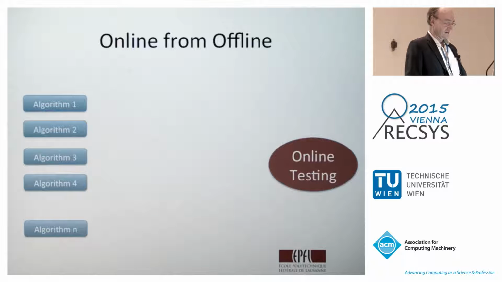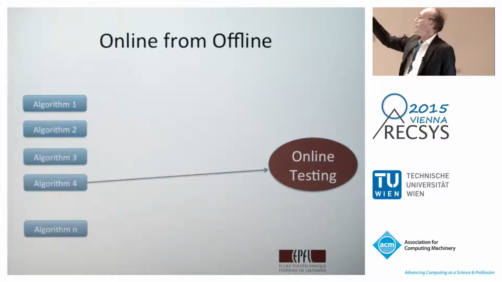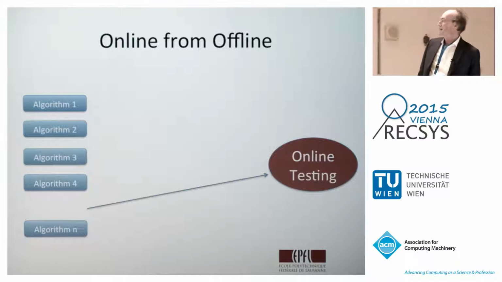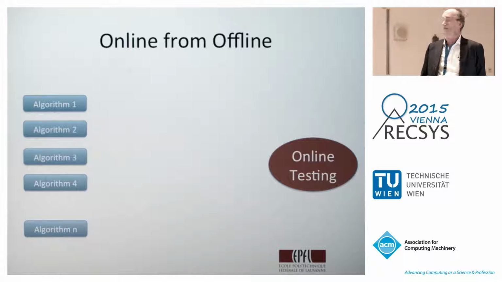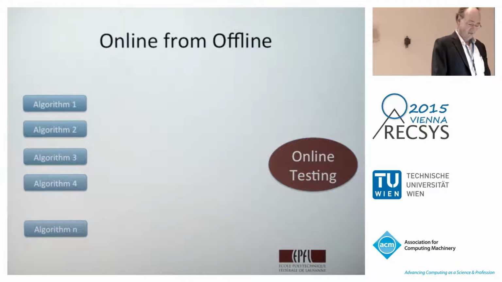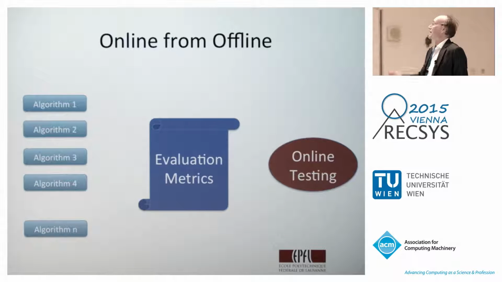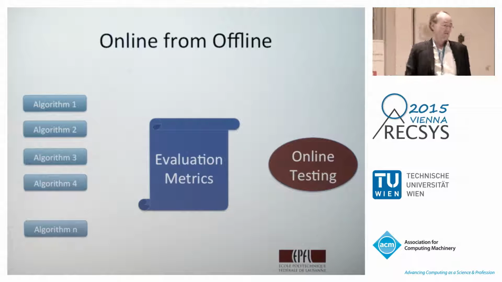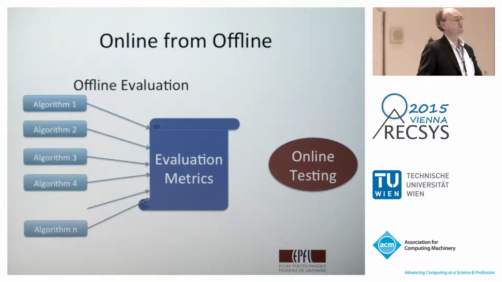And the idea here is that in the current situation, what we really should be doing is testing all these algorithms online, and it can take quite a while. But this would give us the most accurate evaluation. What I'm saying is, let's go and look at some better evaluation metrics that we can use to evaluate our algorithms offline. So we'll do that without having to have access to a site.